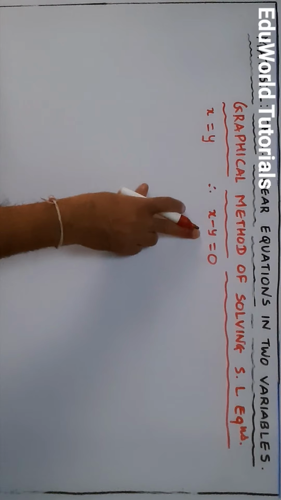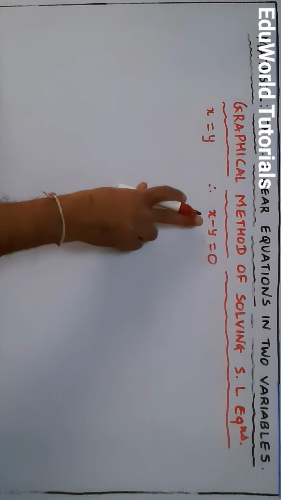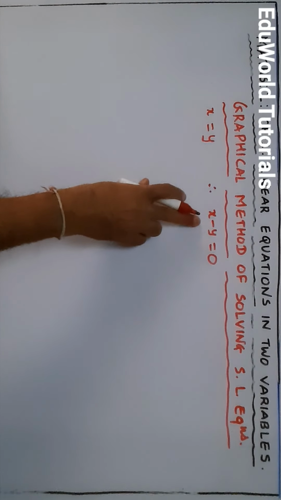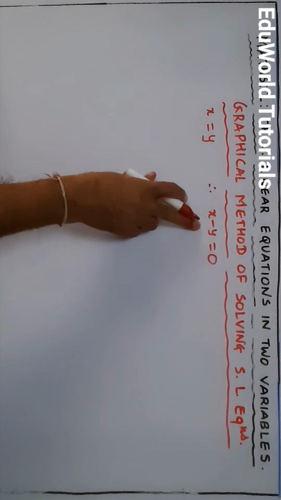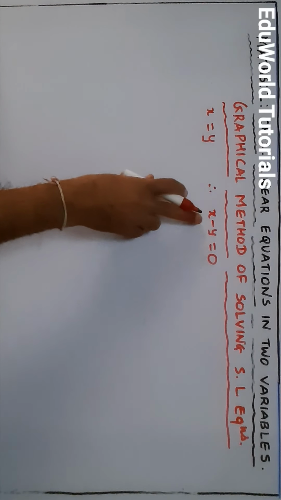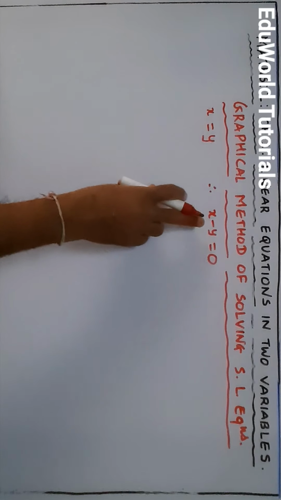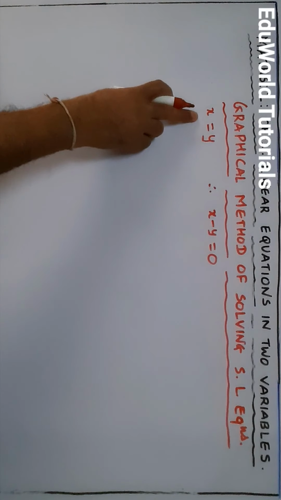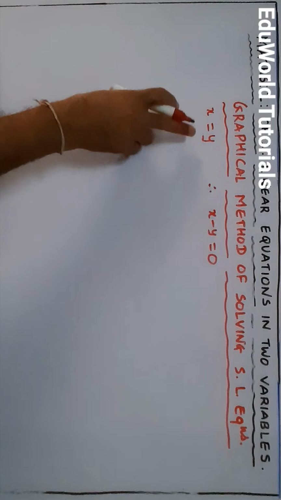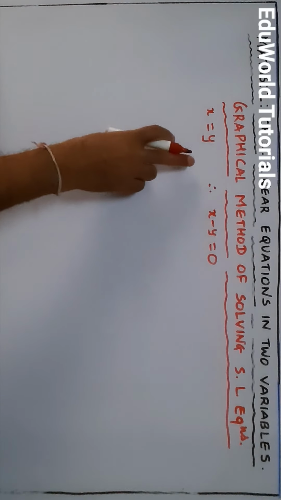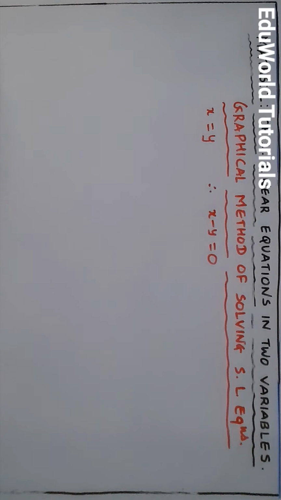Now, what type of graph will this equation have? It is clearly seen that x equal to y is the original form of this equation. It means that if we draw the graph of this equation, it will be a line, and on that line if you take any point, the x coordinate as well as the y coordinate of that point will be equal. That is the meaning of the linear graph of the line. I am just drawing a rough figure, so you will come to know.